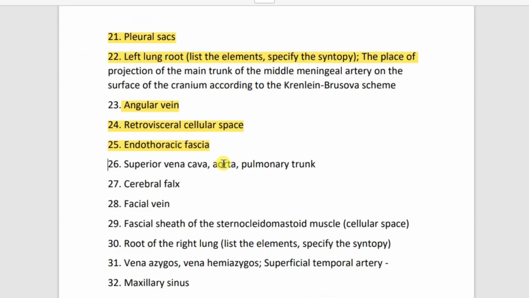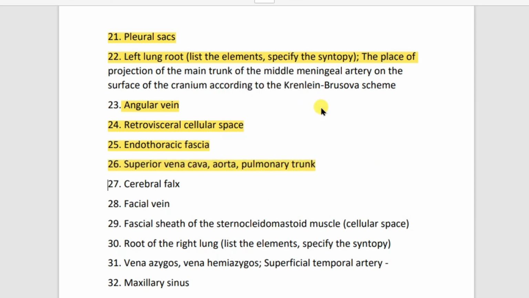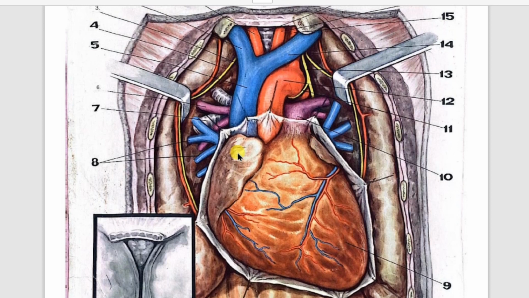Let's see the next structure we have here: superior vena cava, aorta and pulmonary trunk. So what will be the region for this? The region will be the thorax. So this is the thoracic region. Here you can see this is the superior vena cava, this is the aorta. Okay, this one is the